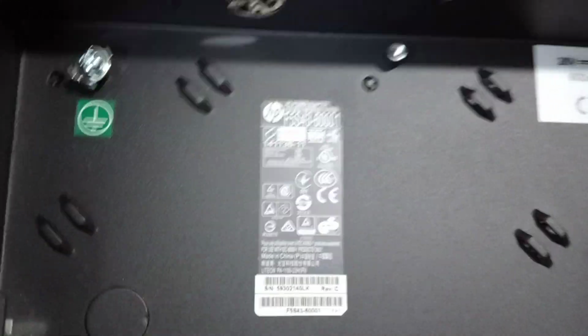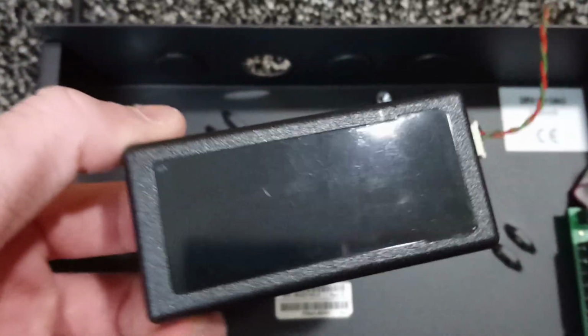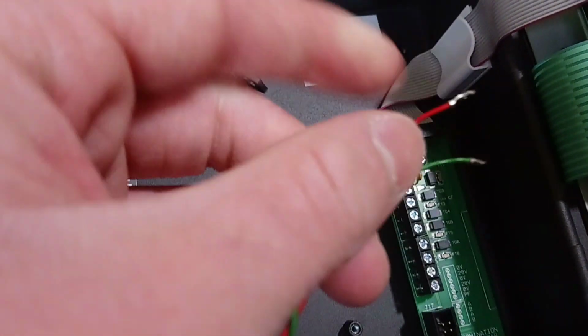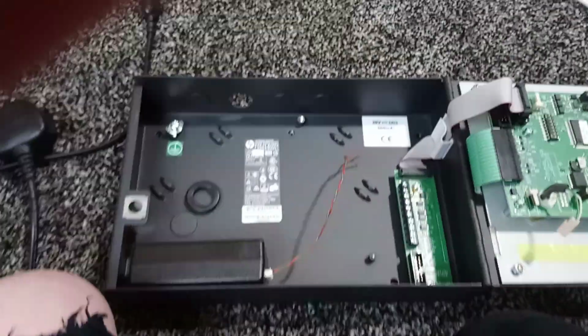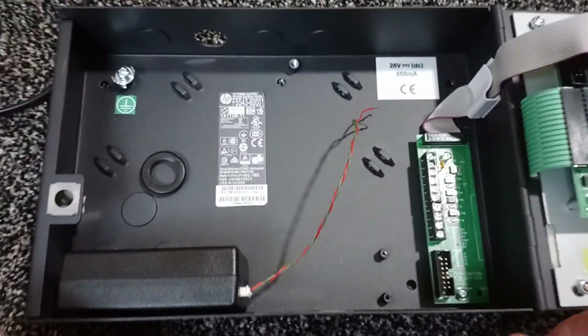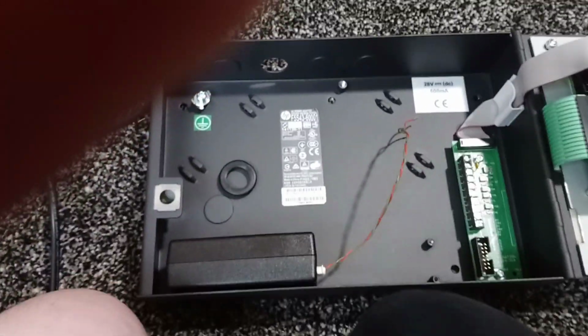I've already taken the sticker off the back because I'm going to stick the power supply there roughly, and these are your positive and negative cables which will go in here. With this panel you have to have a separate power supply because it doesn't have a built-in power supply anywhere. It typically will get it from the main panel,